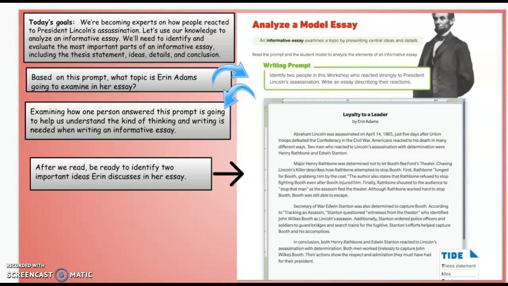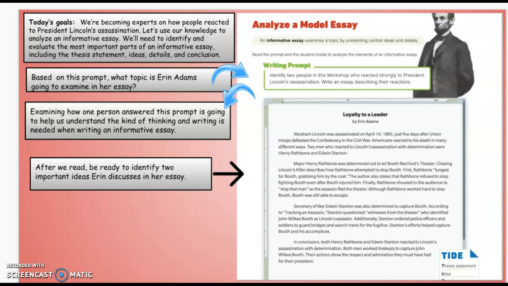Write an essay describing their reactions. And if you notice that in this essay, it is written by Erin Adams. So based on this prompt, what topic is Erin Adams going to examine in her essay? And if you looked at it and had to maybe reread it again, we just know that the purpose of her writing is to see how 2 different people reacted